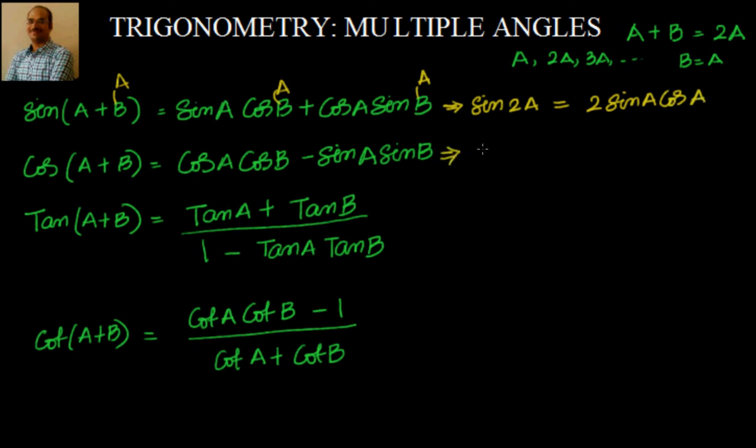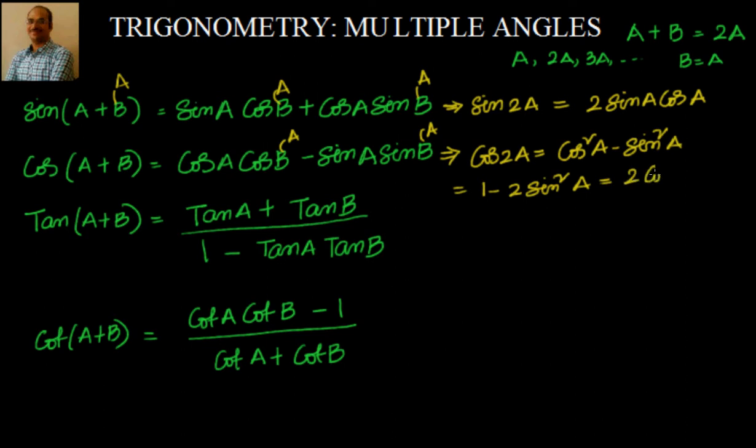Similarly, let us look for cos 2A now. Cos 2A equal to, where B is there, that will become A. So cos A into cos A minus sin A into sin A, that is cos square A minus sin square A, which you can also write, cos square A, as 1 minus sin square A. So it becomes 1 minus 2 sin square A. That is also equivalent to 2 cos square A minus 1. How did you get it? Now we want everything in cos, so I can write it as 1 minus cos square A, minus 1 plus cos square A. Cos square adds up to 2 cos square A minus 1.